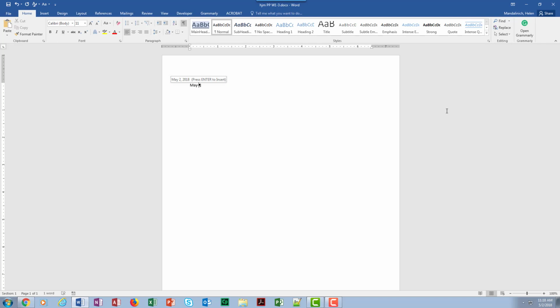So I'm going to go ahead and it says press enter to insert, so I'm going to follow the directions. I'm going to hit enter. It placed in there the current date, okay? So the lesson being there is you start the month of the current date. The minute you hit space after that month, it'll allow you to auto-complete it. So that's what I want. Now that is not a code, it's going to stay May 2nd, right? So I'm going to go ahead and hit enter